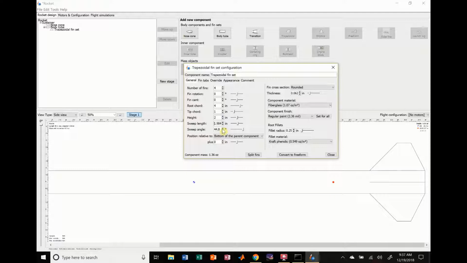But what I typically do is I mess around with the sweep angle. And if we mess around with that, you can see it's going to push our fins backwards a little bit more. And that's just a little bit useful to try to increase the stability. So this section right here, the position relative to the rocket, basically you can change the fins to be up or down on the rocket. So if I change it down, you can see that our fins drop down a little bit. If I make it a negative number, it goes up on the rocket body, which is pretty useful because typically